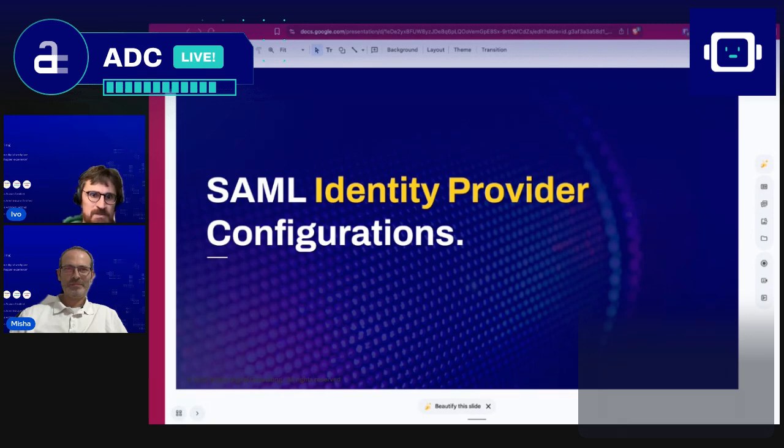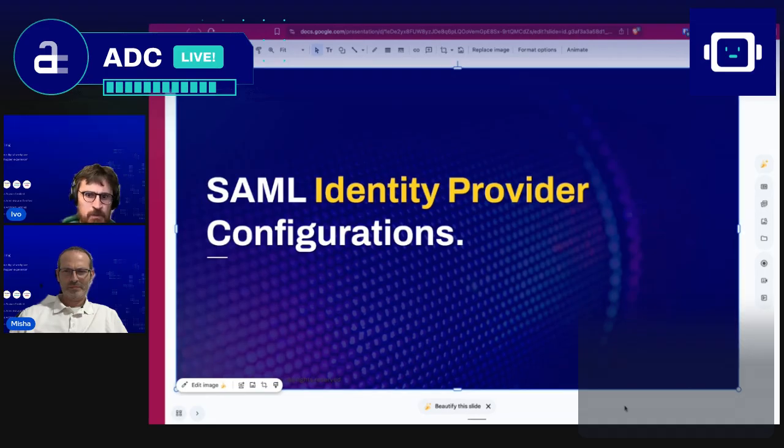So this is about the SAML identity provider configuration. Here we are speaking about SAML v2, right? That is a protocol. And you, as many other companies, our customers,